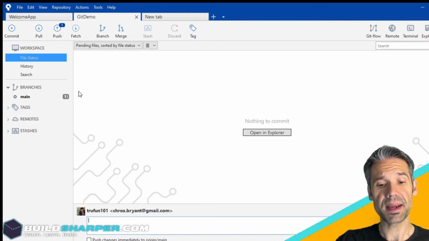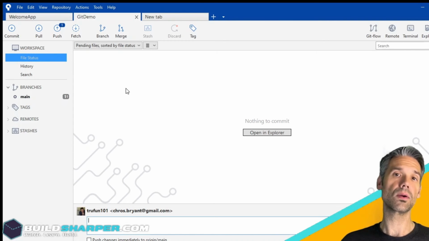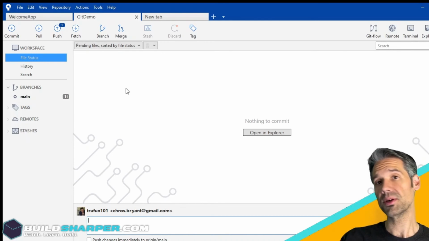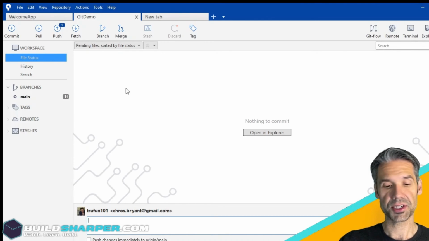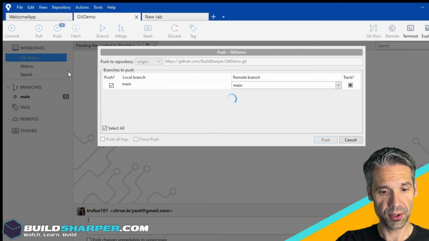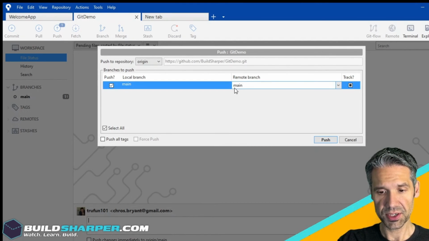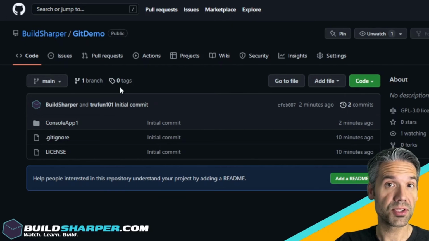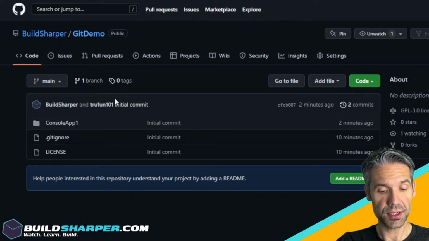which means that we just made a commit, but it's still local. We're still in our local working area. We now have to push this to the remote branch. So we click push, and we're going to the main branch and hit push. Okay, so now that we've done our push to the server,